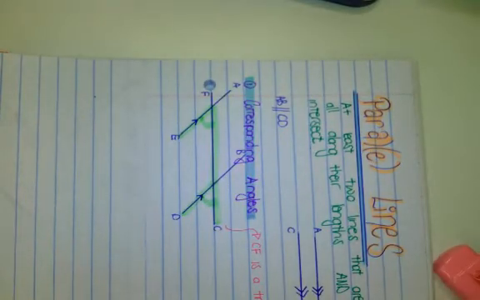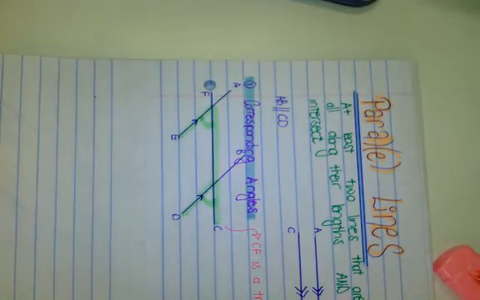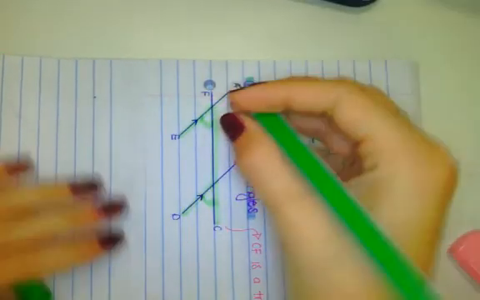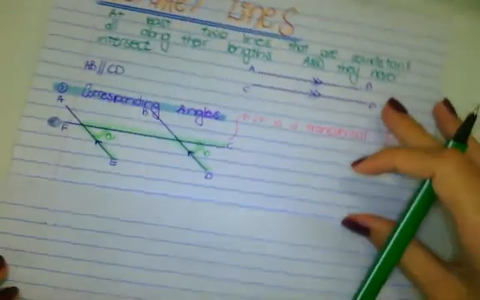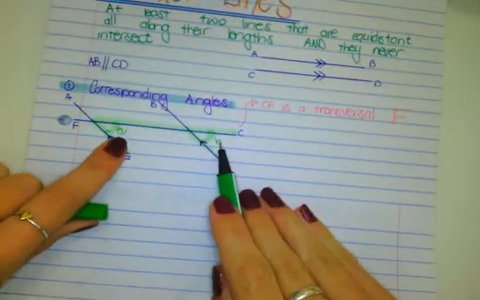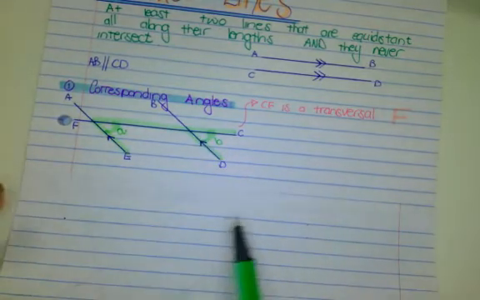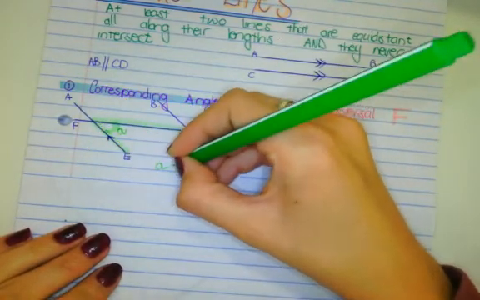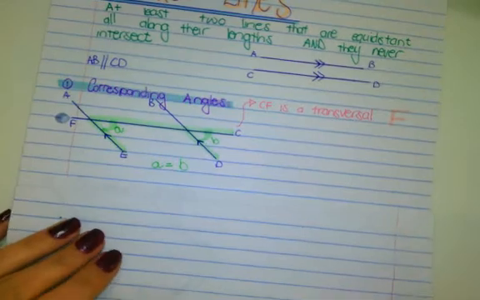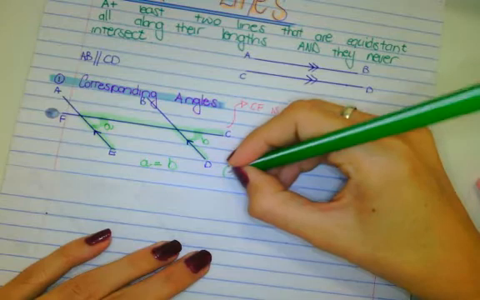Okay, so let's call them angle A and B. Sorry, I'm using all my stationery here. Let's call that angle A and that angle B. Because they are both on the same side, so to the right, or if we were to turn our page underneath, they are equal to each other. So A is equal to B here because they are corresponding, and with all geometry we need reasons. Our reason is